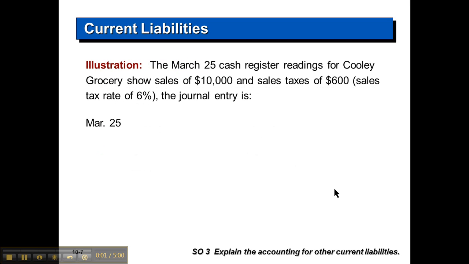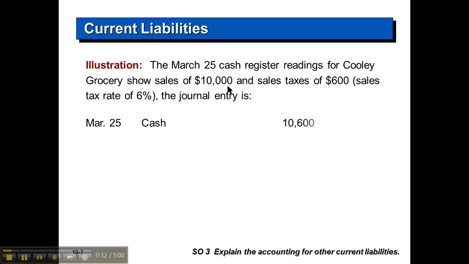So here's an illustration of sales tax payable. If we had cash register sales, and our total register slip showed us that we had $10,000 in total sales in a period, then we would have collected $600 in sales tax, assuming that we had a rate of 6% sales tax. So we're taking that 6%, converted into a decimal, which is 0.06, times our $10,000 to determine our